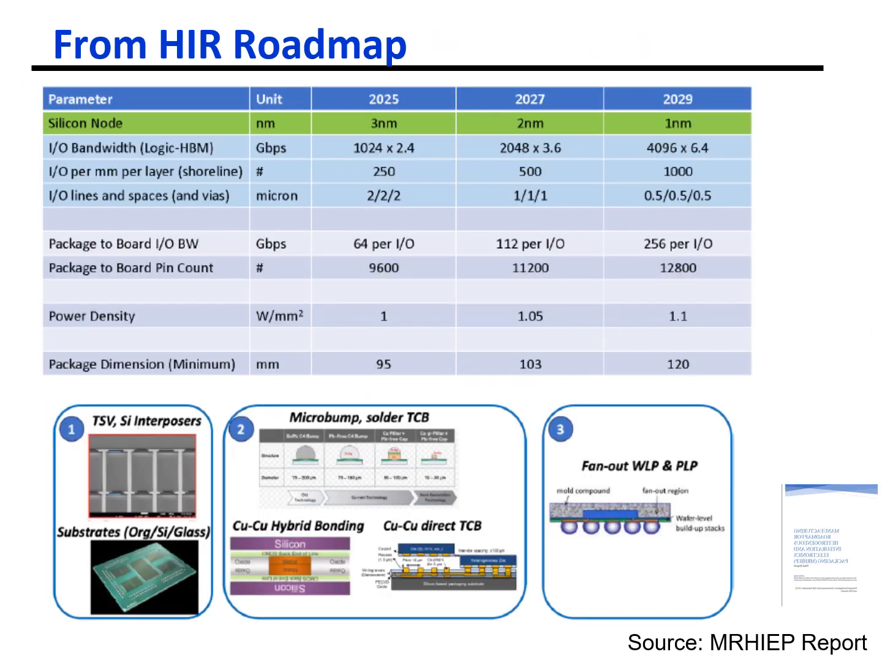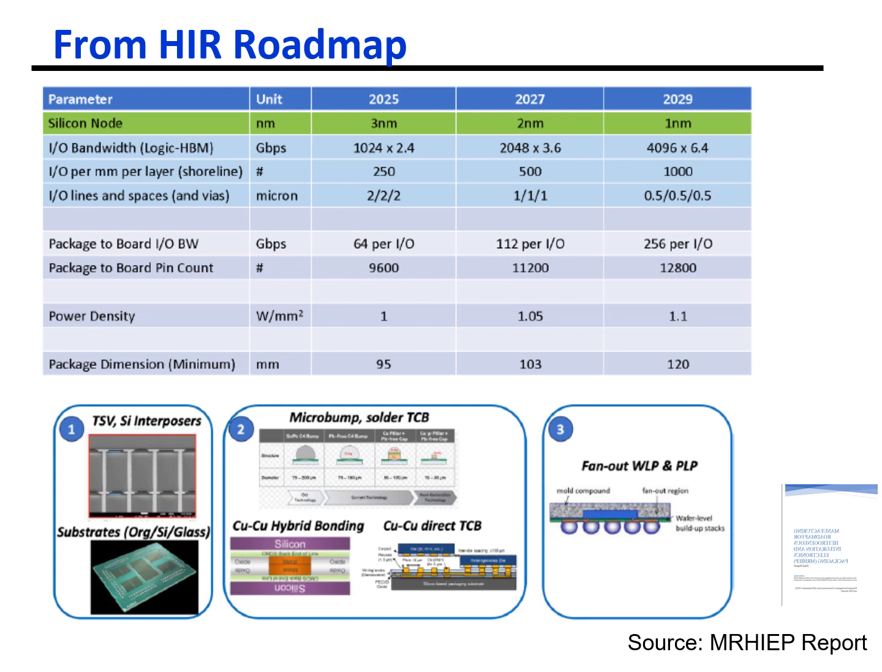So here we show you the report that was just out last month, called the MRH IEP report. This is basically the comprehensive study for heterogeneous integration that includes the previous HI roadmap. So as you can see from here, the package dimension is going up, and also the I/O number and the bandwidth. So there are some current technologies include the 2.5D interposer and the